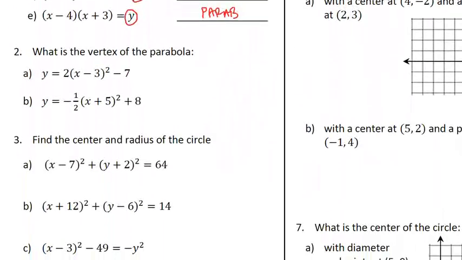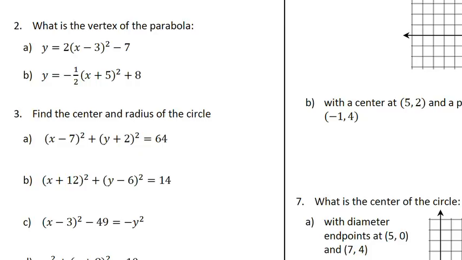All right, take a look at question number 2. What is the vertex of the parabola? Well, we learned this last semester. We learned that in vertex form, we know that this is h and this is k. And we knew that when we were finding the vertex, the h variable actually is the opposite of this sign, because vertex form is x minus h. So that means the h value here is just 3. Our k value, we keep the sign. It doesn't change, because vertex form has plus k on the end,